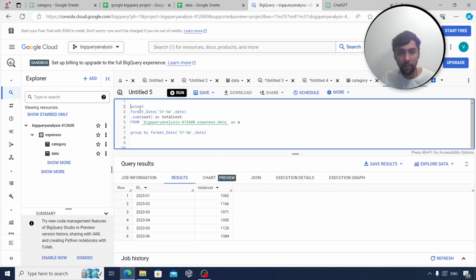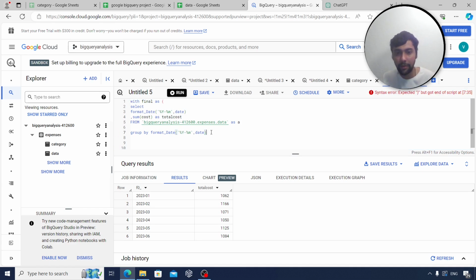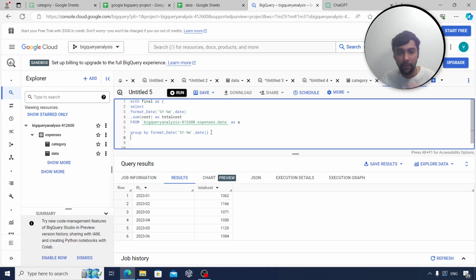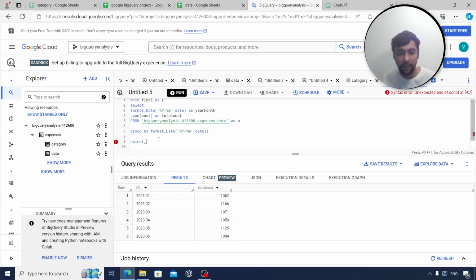So now what I can do, I can put this in a with final as in a CTE, right? That is the first step. Now I have to calculate percentage change. So now I can say select, let us say this format date, whatever is called, as year month, I give it an alias name. So I can say year month,